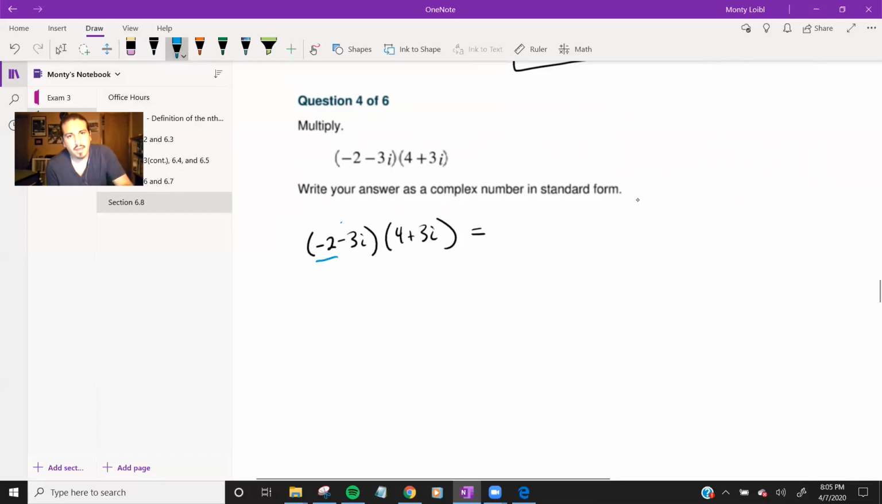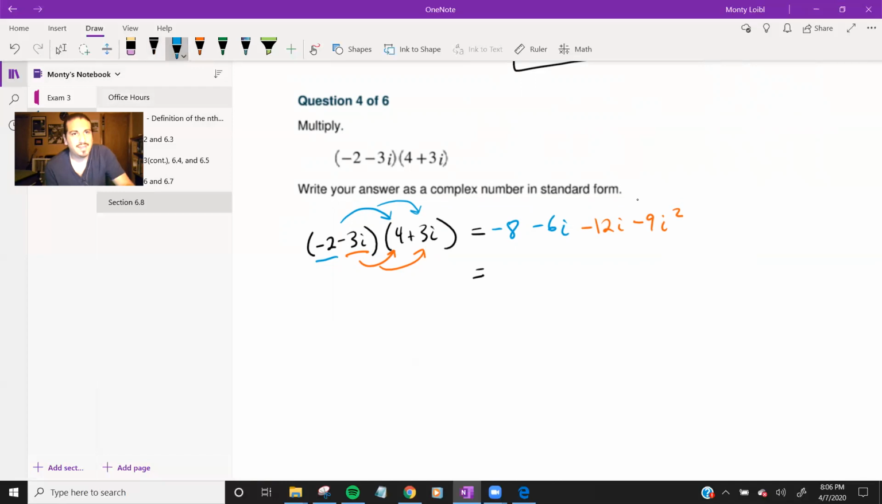So take the negative 2 and multiply it to those. So negative 2 times 4 is negative 8. Negative 2 times 3i is negative 6i. Now negative 3i times 4 is going to be negative 12i. Now here, negative 3i times positive 3i is going to be a negative 9i squared. Right? So continuing on here,